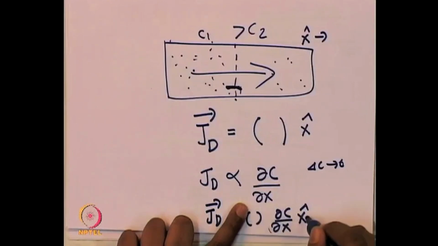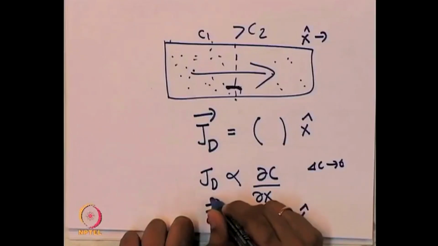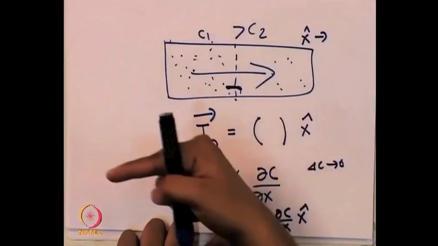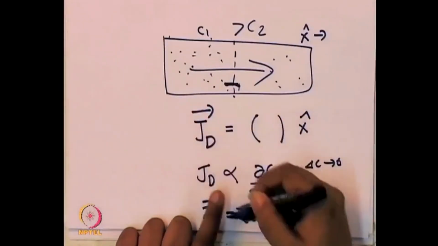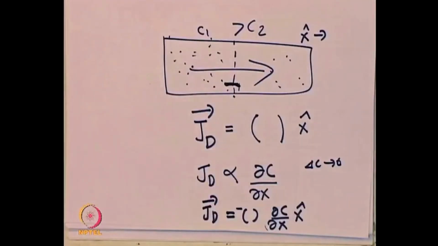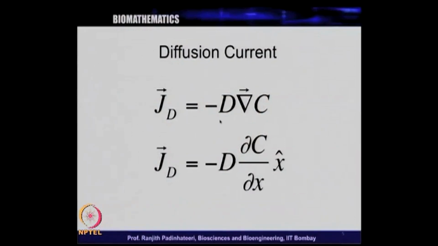If this is positive, it will mean some negative x cap, meaning the direction of the flux J d is along this, which is not true. So, you have to add a negative sign here. This leads to our next slide, where we said the current J d is minus D times del C,